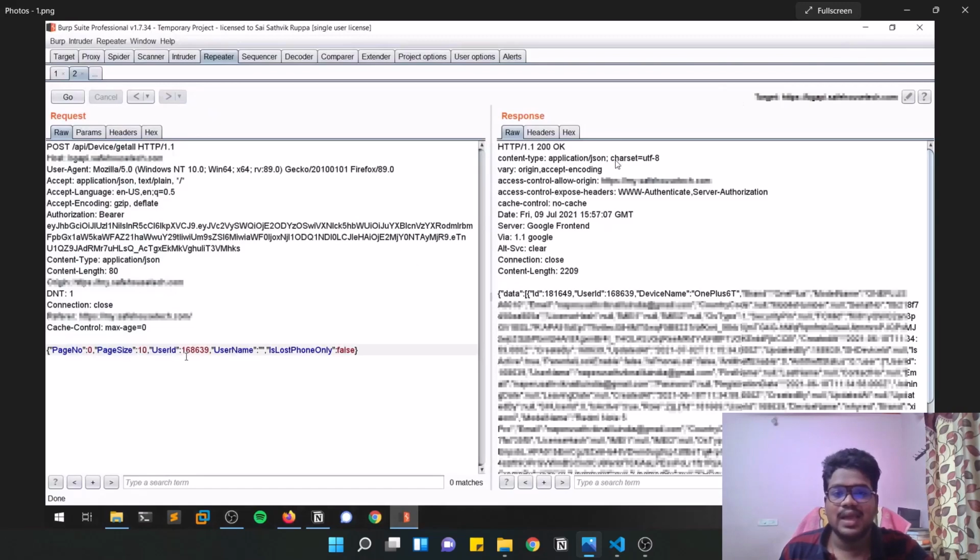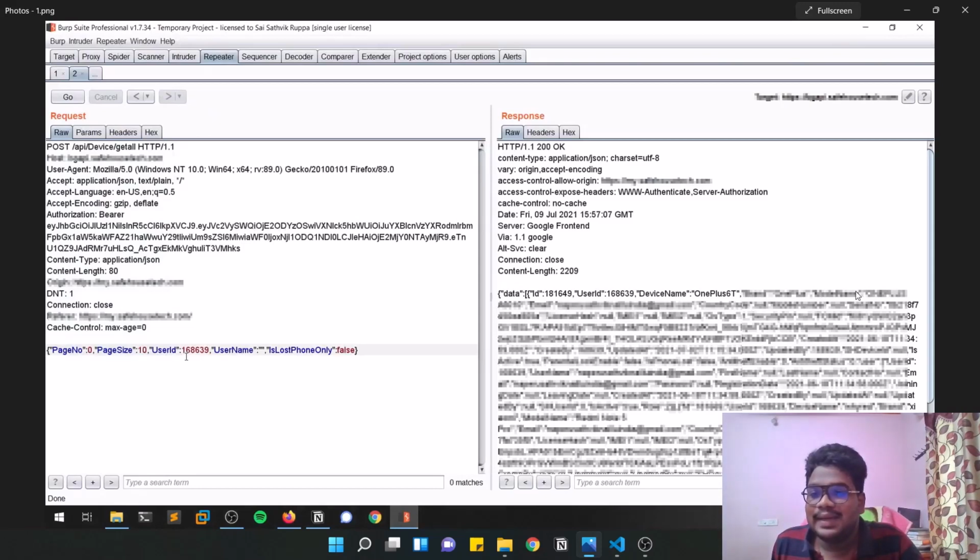And you can see I got a 200 OK request, like it is a valid request, and you can see there is some data. I had obfuscated that because it contains a lot of sensitive data, but for easy understanding, I had only enabled it to make you view the device name. So here you can see the device name. I installed that on my OnePlus 60 phone to test how the application works.